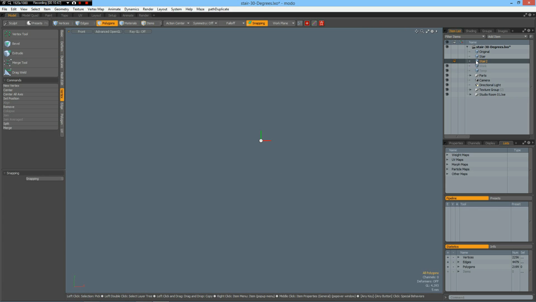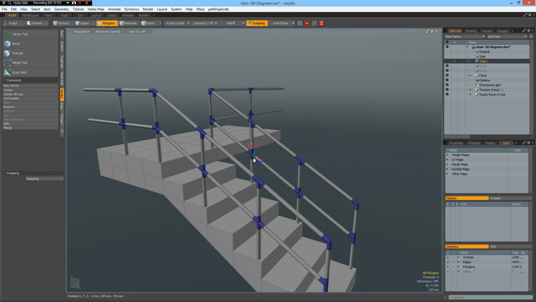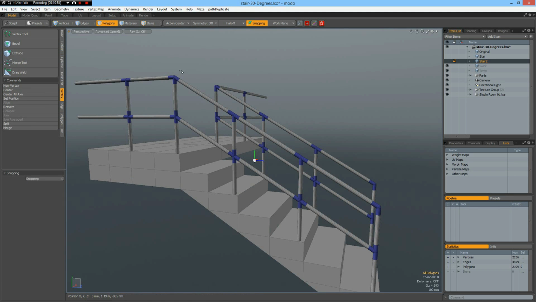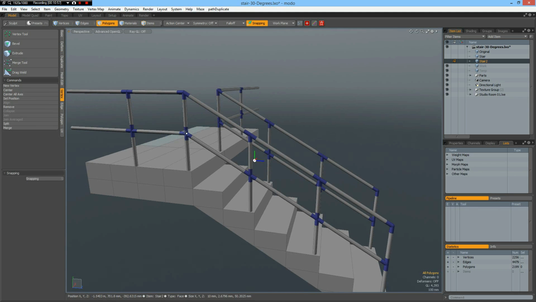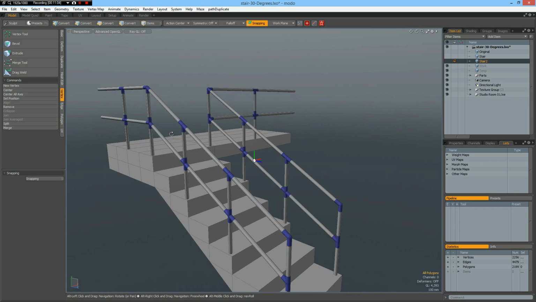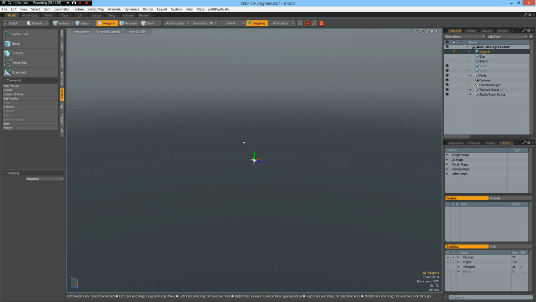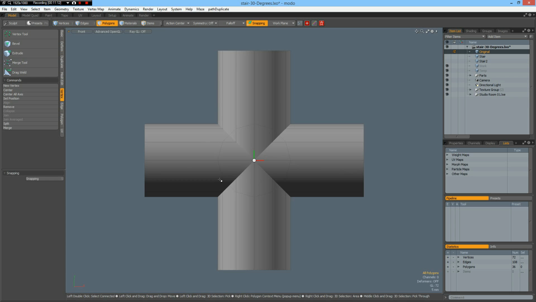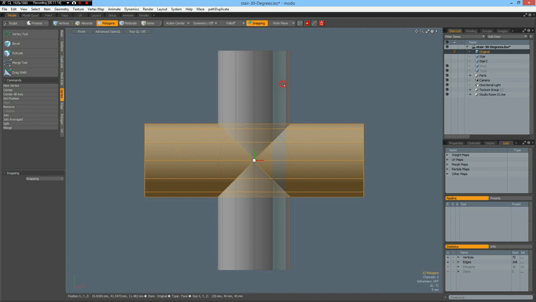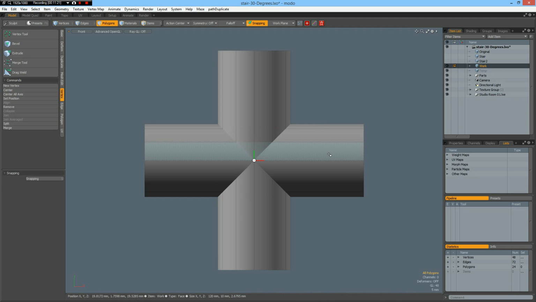Let's go back to our stair, and A key. So we have this one now. Now I will do these two here. So I should have kept the cross, but anyway, it's easy to do. So again A key, I use these two, Control copy, go to work, Control V, then